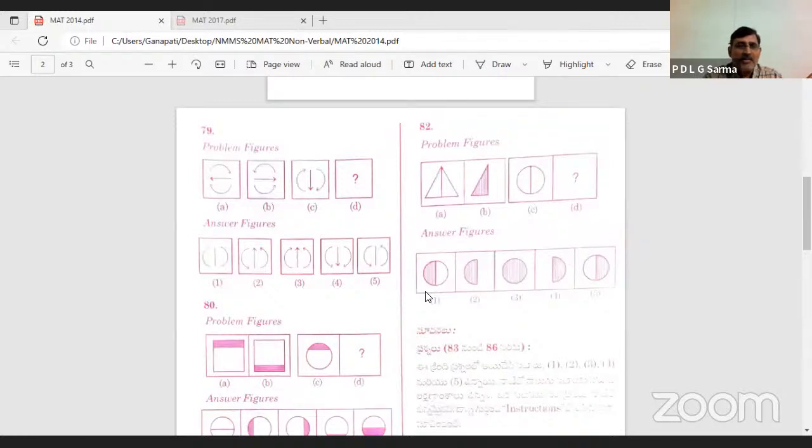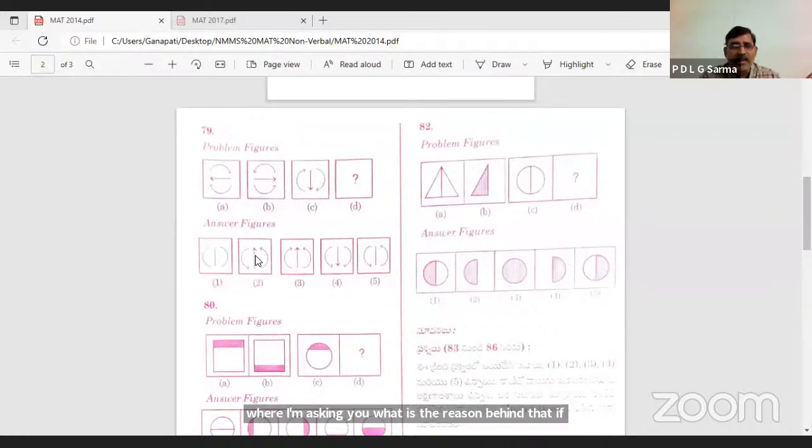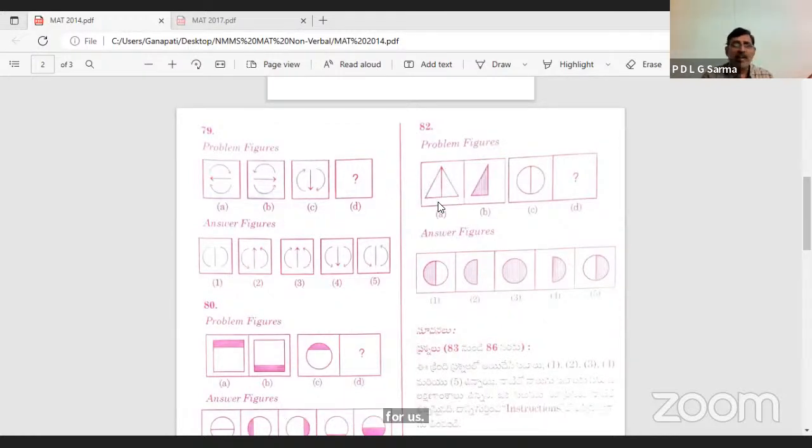Okay, some of you are giving 1, some of you are giving 2, some of you are giving 5. I can see different answers here. So that's why I'm asking you, what is the reason behind that? Once you understand the reason, then it is very easy for us. Yes, here now you observe in the first figure, you can clearly see that